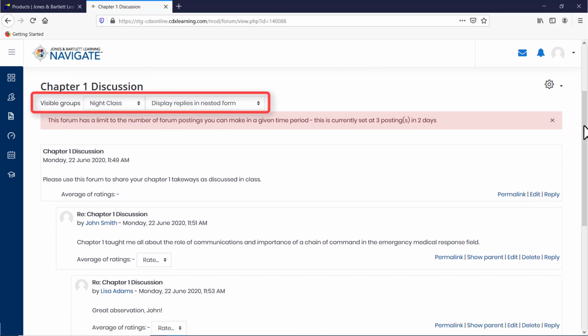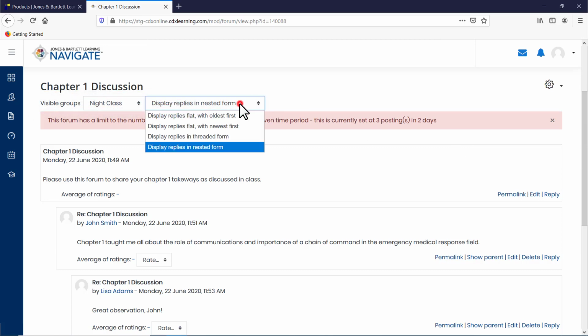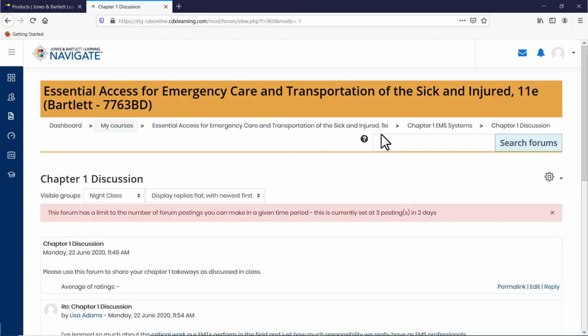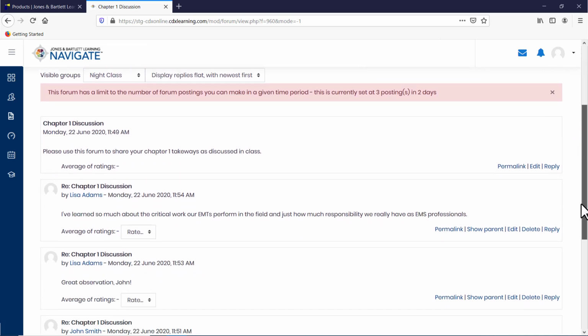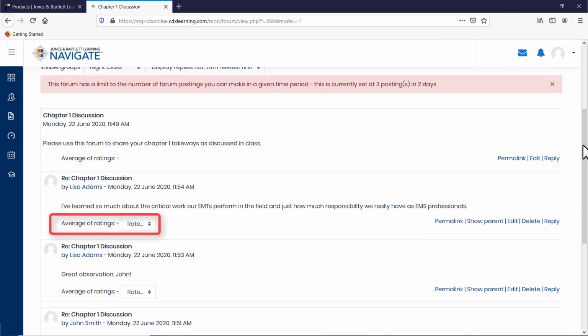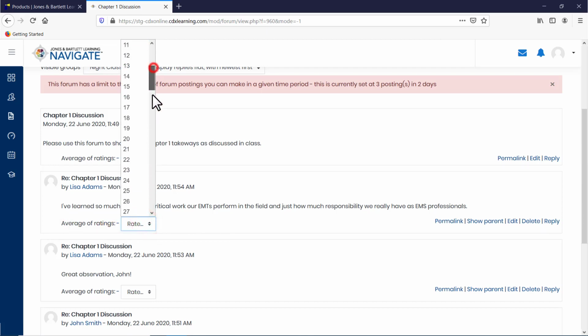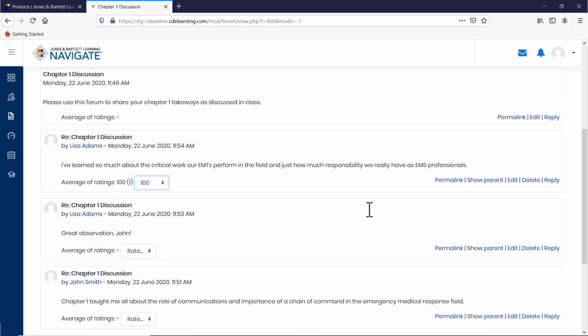Under the forum name, you may use the drop-down menu to adjust how your class's responses are displayed. If you have enabled ratings for the forum, you will find the aggregation method you selected listed directly below each student's response, followed by a drop-down menu displaying the word Rate. Use this menu to apply the rating you wish to give to the student's contribution. The rating will automatically apply to their score as it is selected, and you may adjust the ratings at any